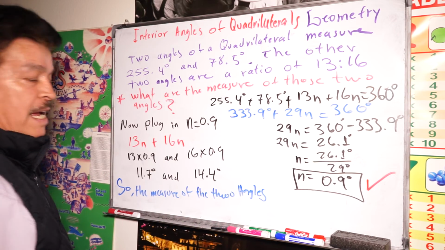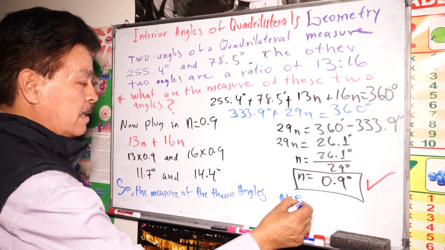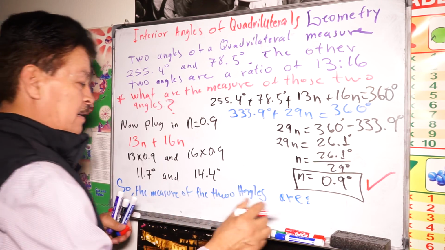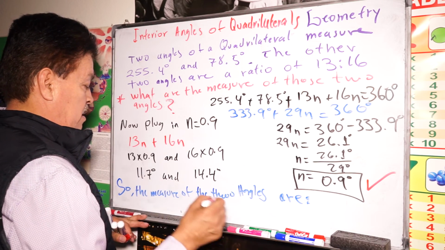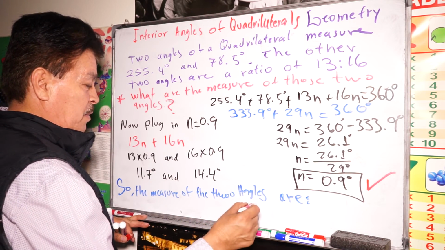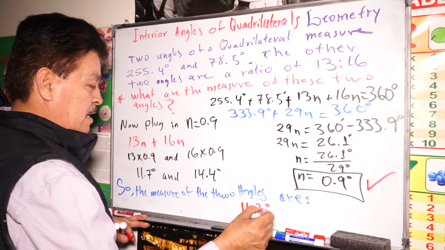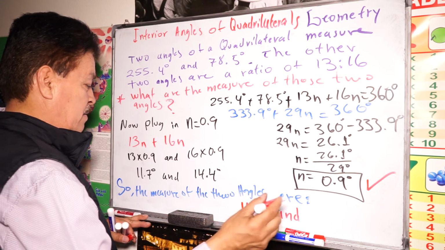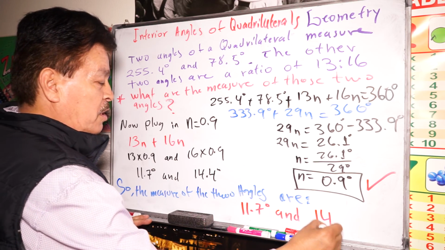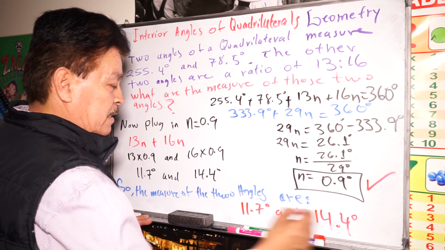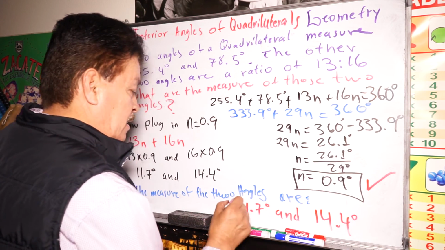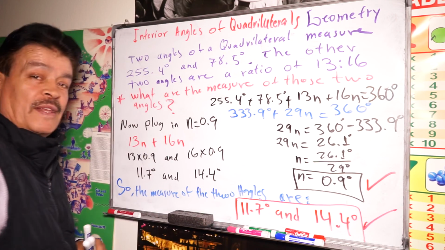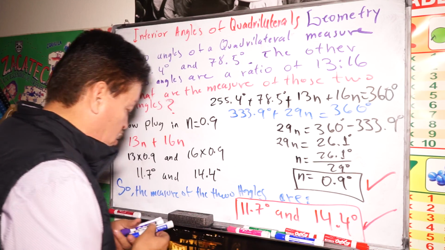The two angles are 11.7 degrees and 14.4 degrees. This is the answer to our problem, right? Easy. So, geometry for